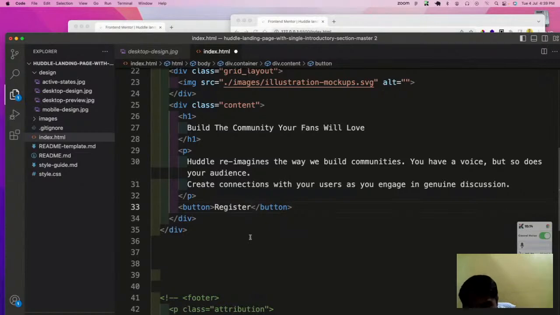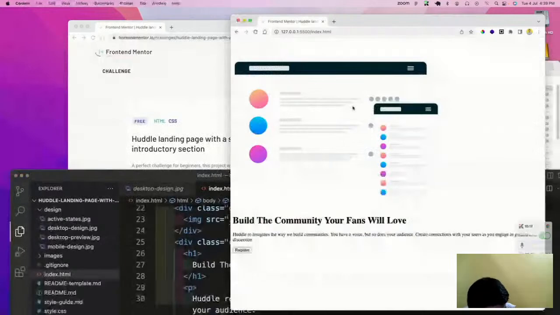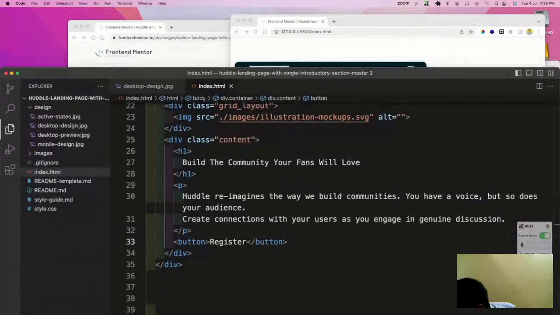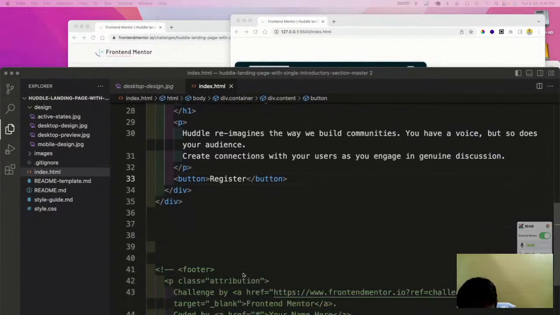Okay, now let us see how it is performing. So we have this thing. Now we have some icons that they have given us to use. So for this, let us link those things first. And after that, what we are going to do, we will create a